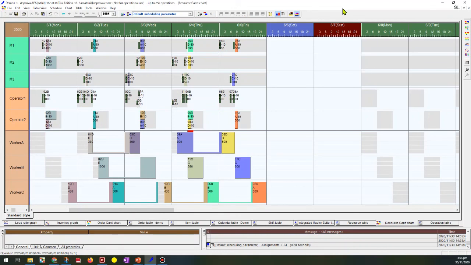Through this demo, you can understand Asprova's fine function, flexibility, visual power,